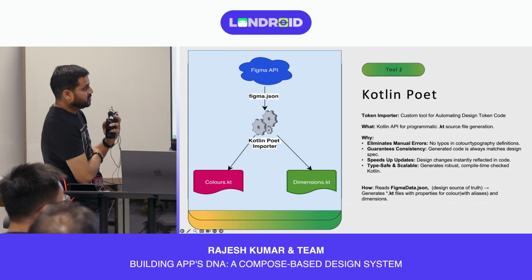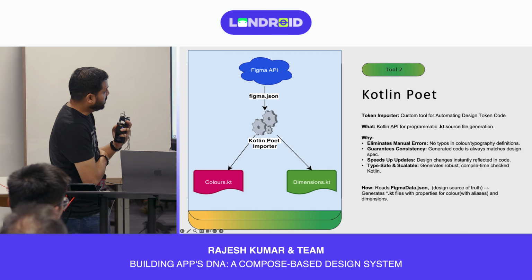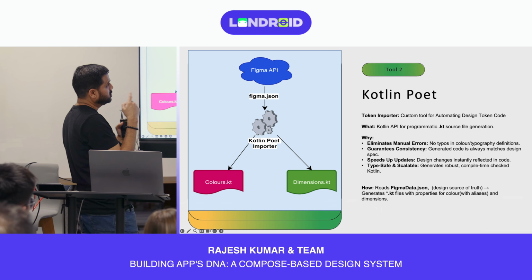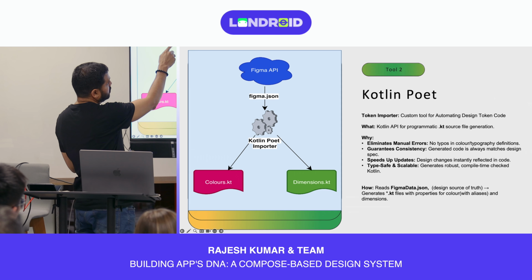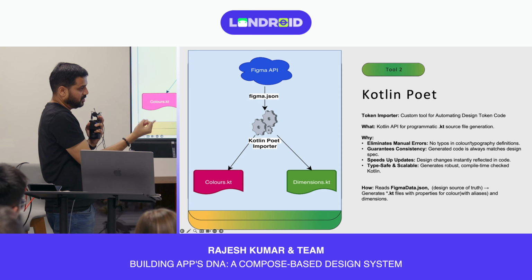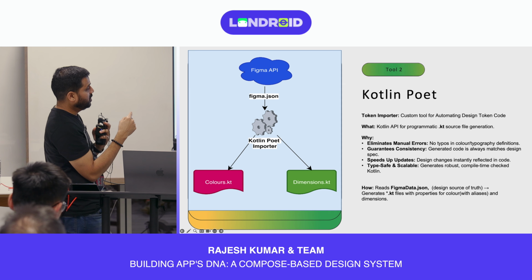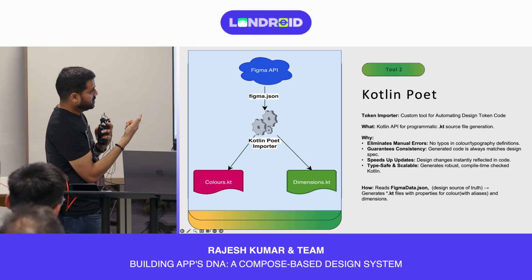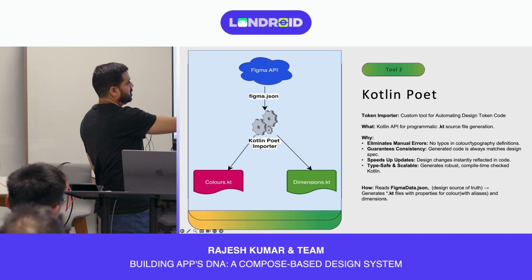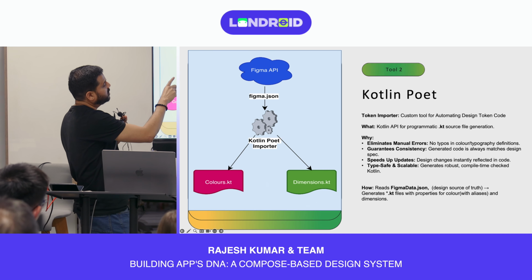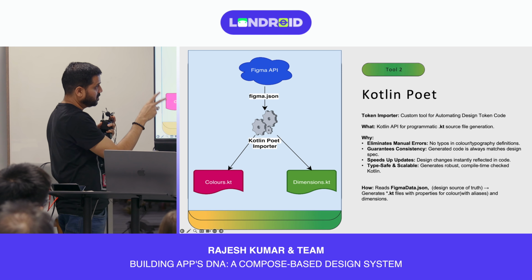it was a perfect use case for us to use because we had a single source of truth for all our design tokens, like color tokens as well as dimensions, which was hosted in Figma. So we used the Figma API to pull the Figma JSON. And then we wrote a utility called importer. What it does is it reads the JSON file, and then using Kotlin Poet,